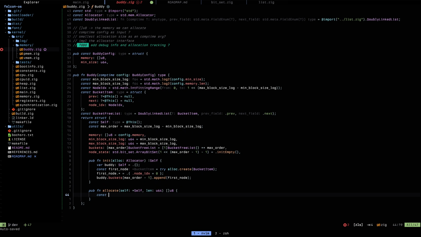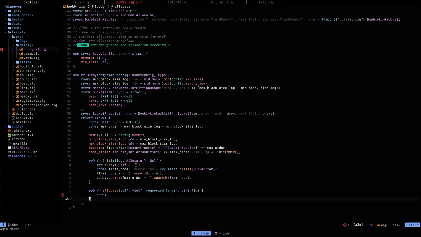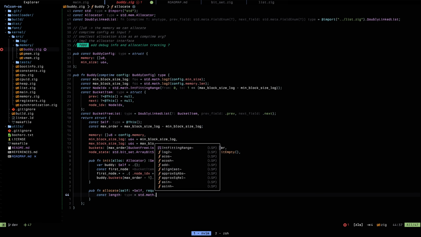So first of all, I'm going to need to find, let's call this requested length. Let's call this length, and this would be set math dot